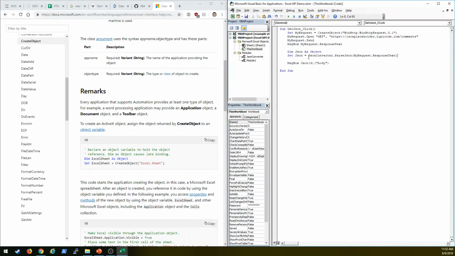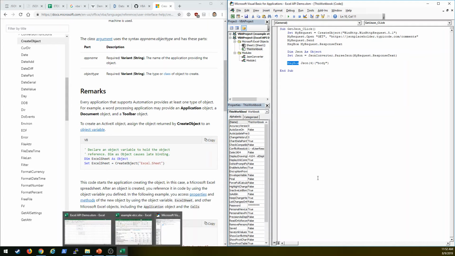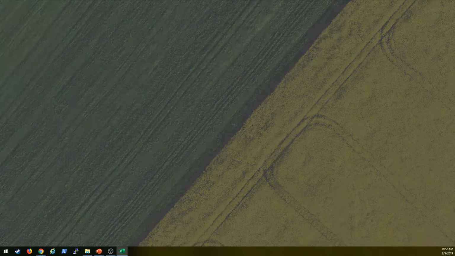JSON converter parse JSON is returning a JSON object, and then it has methods that we can pass parameters through to it, and it'll return what we need from the message box. Now, this is all kind of a contrived example here, but